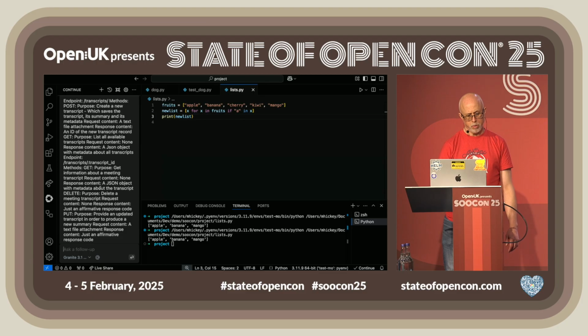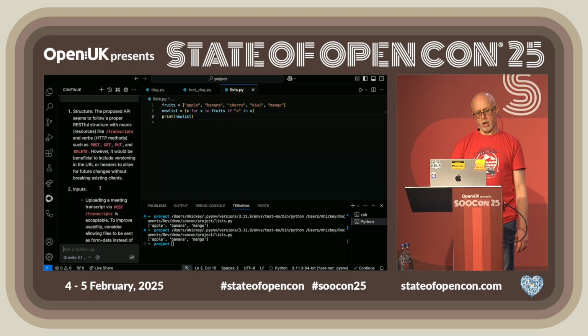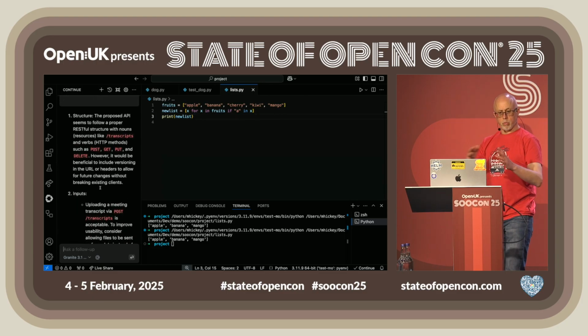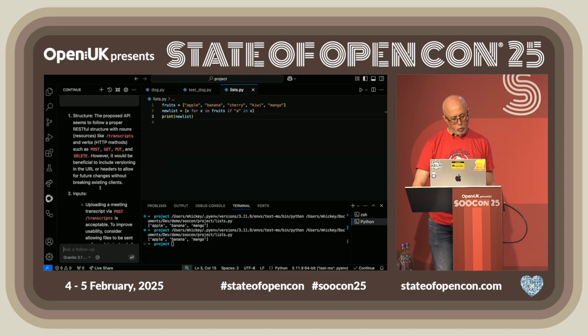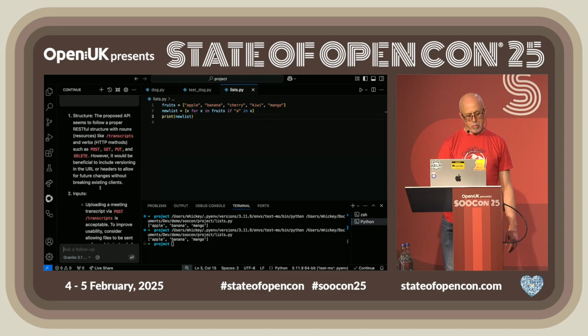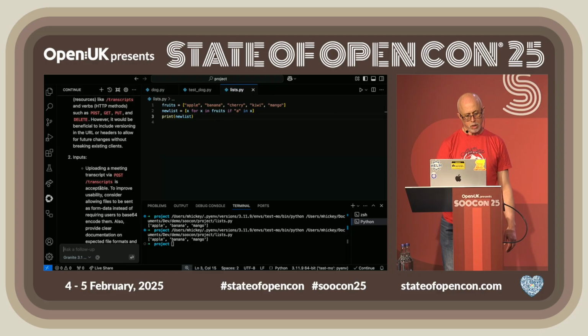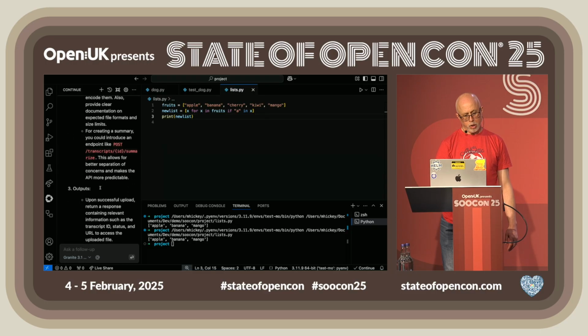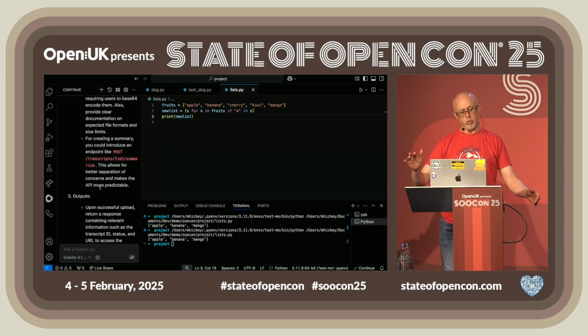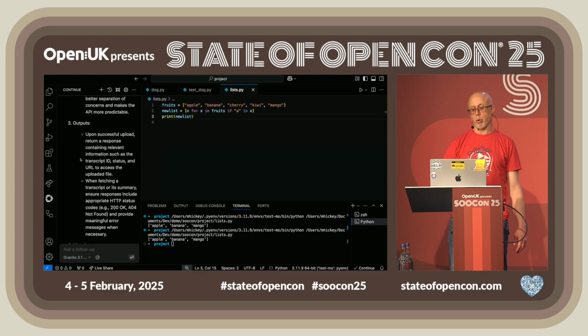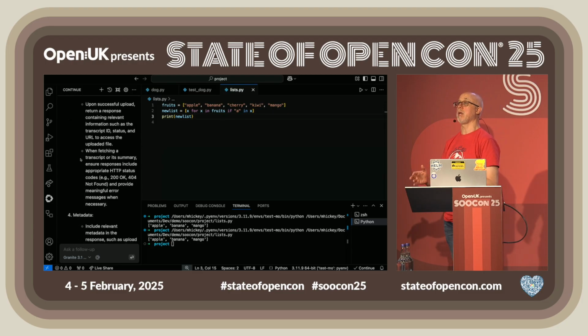Okay, so this time it's quite nice. It's saying, look, the structure is good and the whole lot. And as it goes down along, it makes nice little suggestions, okay? So for creating a summary, you could introduce an endpoint like a post to it to summarize outputs. It gives suggesting outputs and the metadata and the whole lot. But the point I'm making here is,